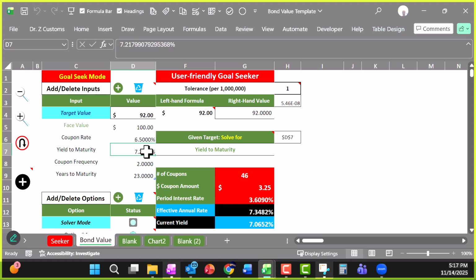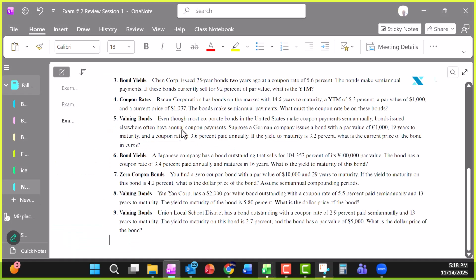I mean, we do have a rate function in Excel. You could also use that, but this, I think, is a lot easier to use. Do you agree? Yeah. So that's pretty much just how you solve that problem. Next,